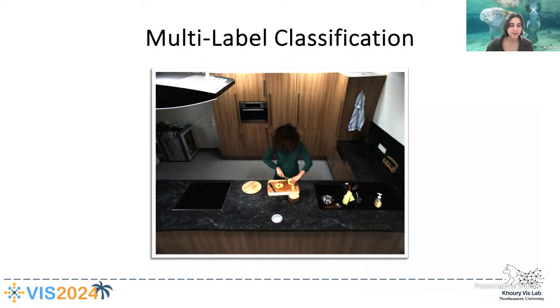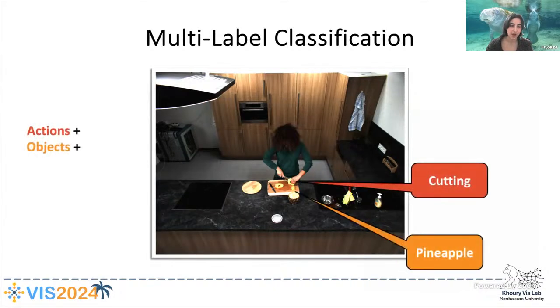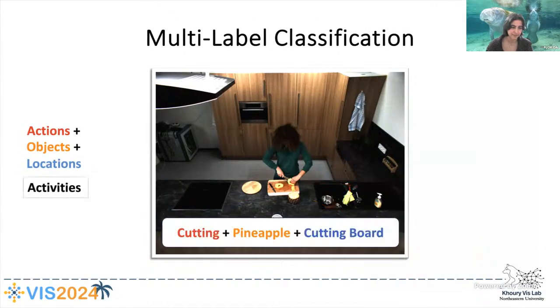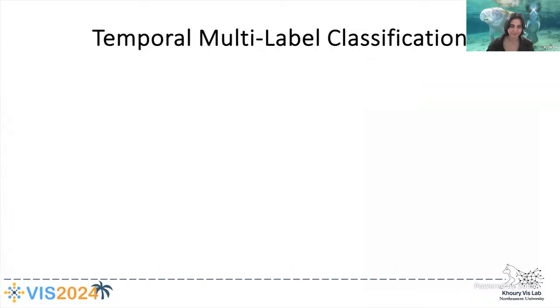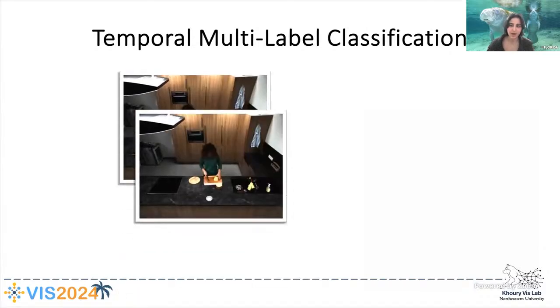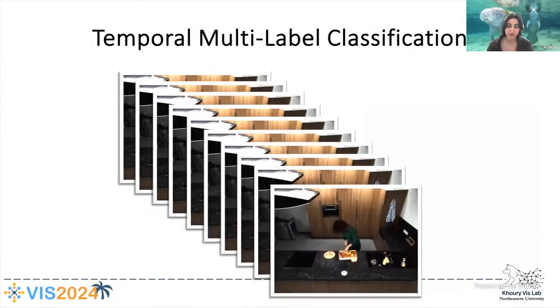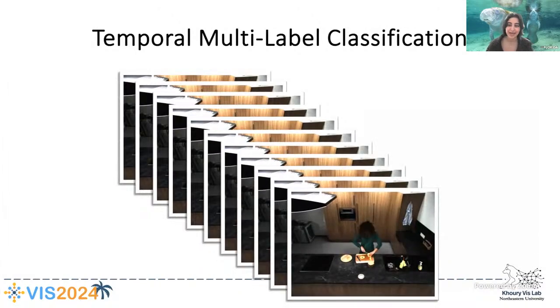In this context, we divide the vocabulary into 3 types of actions, objects, or locations based on how they contribute to the activity. So to extend activity recognition to videos, then you will have to turn this into a multi-label classification problem per each frame over time, where each activity component and combination of those components influence the upcoming frames.